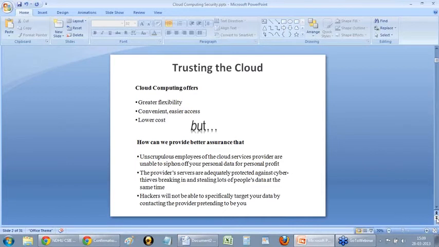But, and this is a very big but, unless we provide the assurance that employees of the provider themselves would be unable to take your personal data, and the provider servers themselves are very secure, and any hacker would not be able to target your data by contacting the provider as you. Unless we provide these assurances, trusting the cloud will be difficult, and hence using these exciting offers of cloud computing